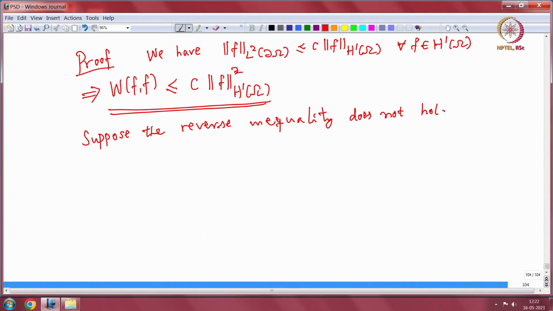Okay. So, we will try to get a contradiction using this assumption. So, what does this mean? Then we can choose, and these are standard arguments in functional analysis,